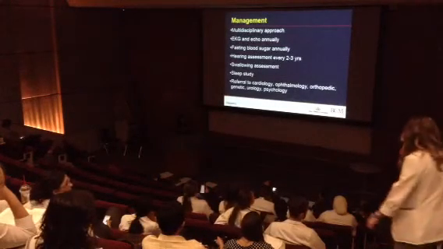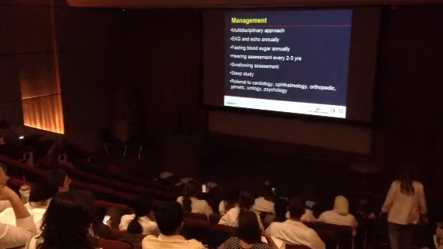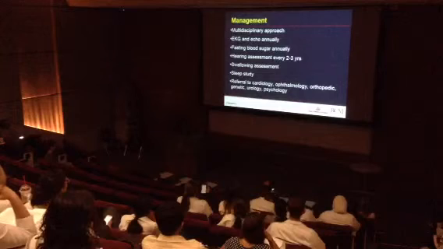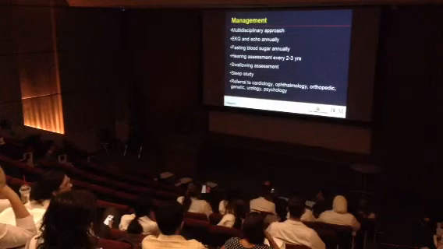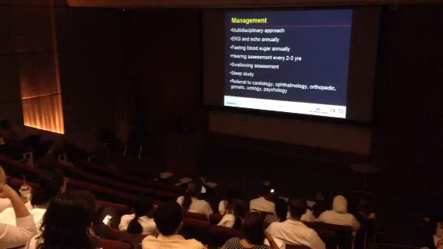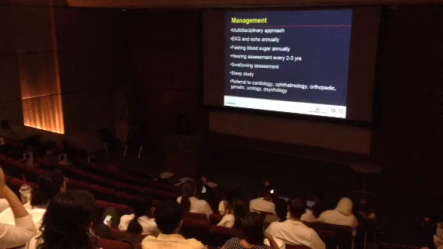These patients are managed in multidisciplinary clinics like muscular dystrophy clinics, and they usually see cardiology, pulmonary, neurology, and PM&R also. They usually get EKG and echo annually, and fasting blood sugar annually. We assess hearing every 2 to 3 years, and swallowing is also studied because they can have a lot of swallowing issues that can lead to pneumonias. Sleep is studied to rule out obstructive sleep apnea and also hypoventilation. If they are not following in an MDA clinic, then they should be referred by the neurologist to